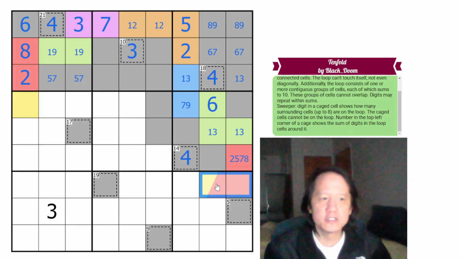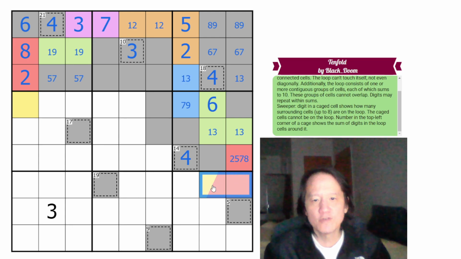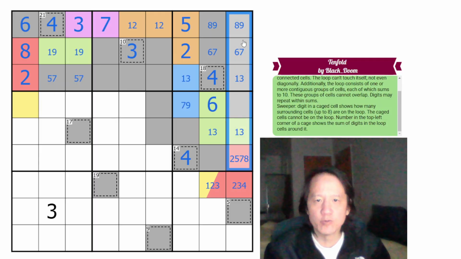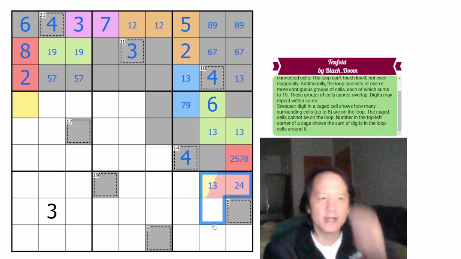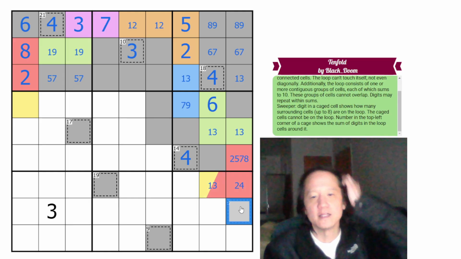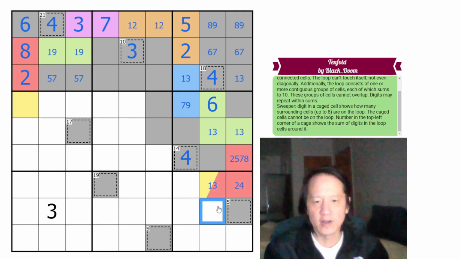These two digits must add up to 5. So this is either 1, 4, so this would be 4 and 1, or it's 2 and 3. Well, this can't be 3 because of the 1, 3, 1, 3 pair that we have in column 9. So this must be 2 or 4, which makes this 1 or 3. It cannot go down because that would be 3 digits adding up to 6 at least, and therefore that doesn't work, so that's 5. Since it can't go down, it must continue here,